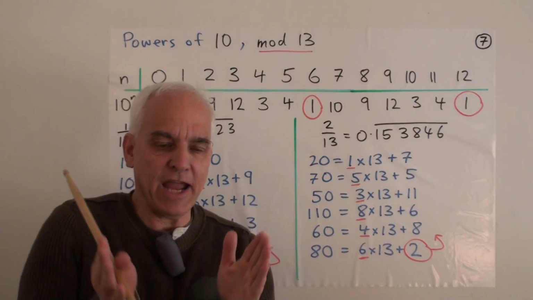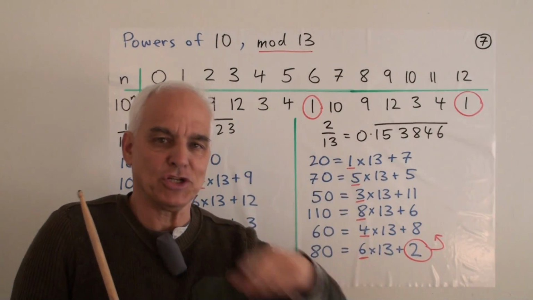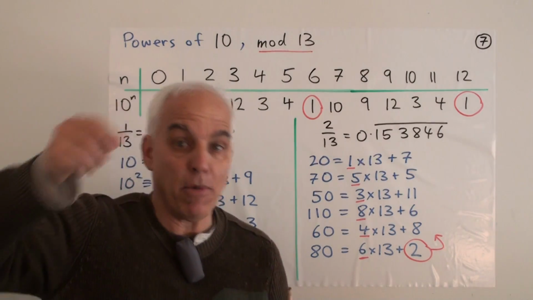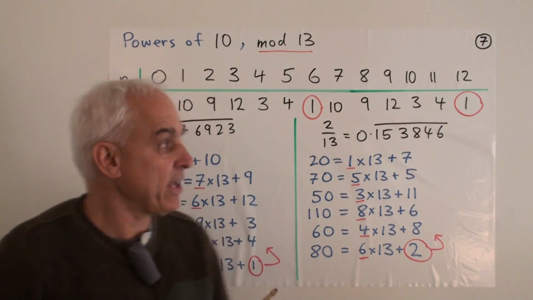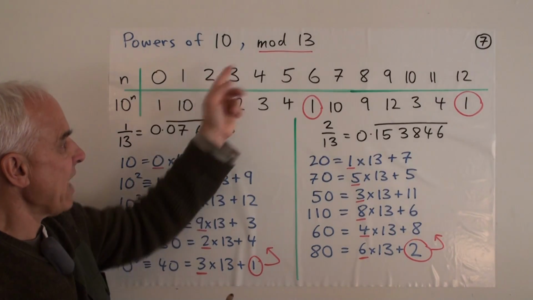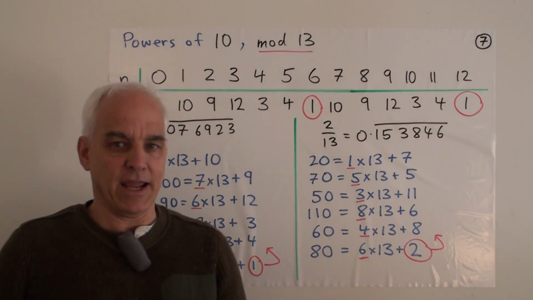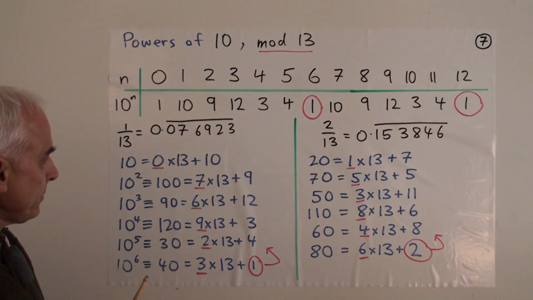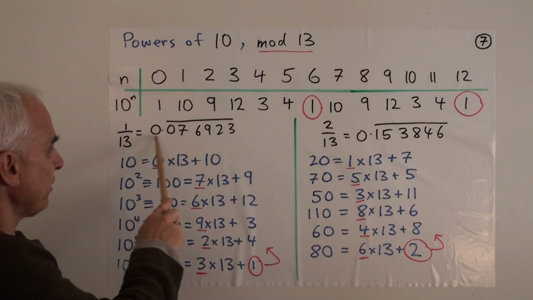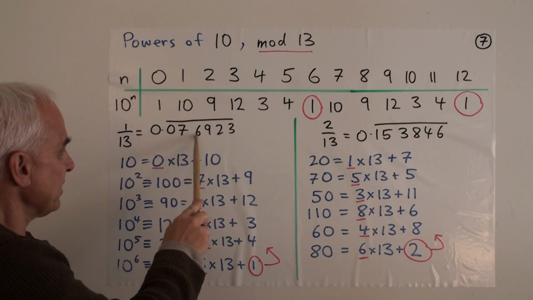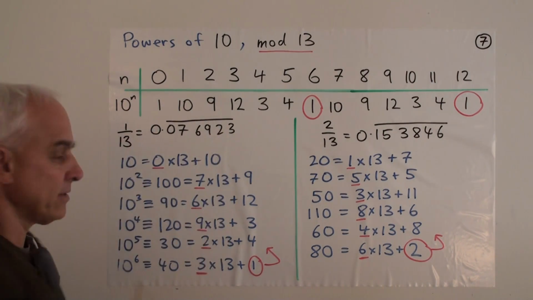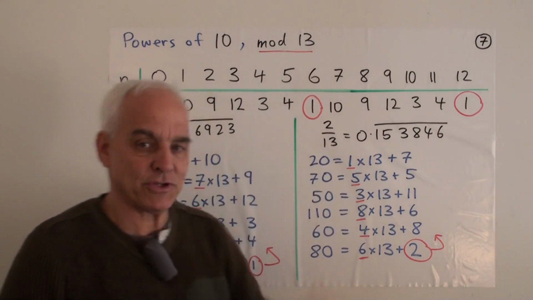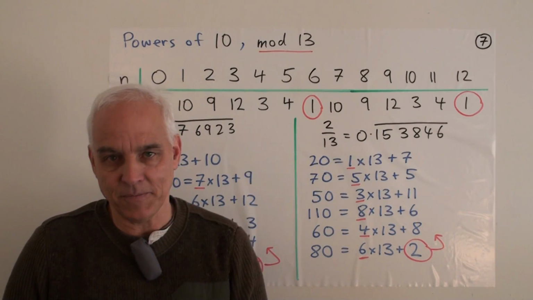Now once we've made this connection between the digits of 1 over a prime and powers of 10 modulo that prime, then we can explain to a certain extent what's happening with the mod 13 case, the fact that we had these two camps appearing. When we looked at 1 over 13, we got this expansion here, 0.076923, all of that repeated. So here is a table of powers of 10 mod 13.